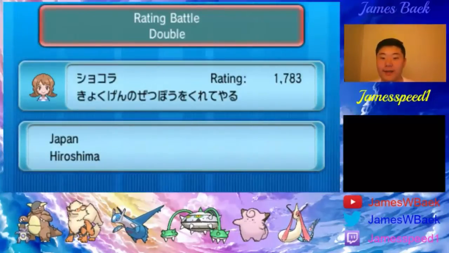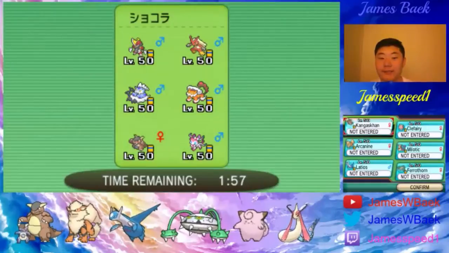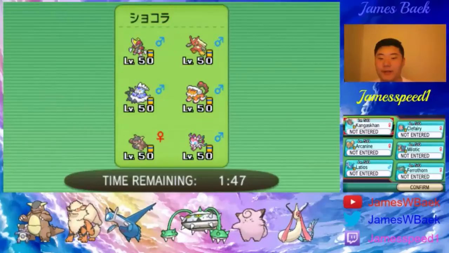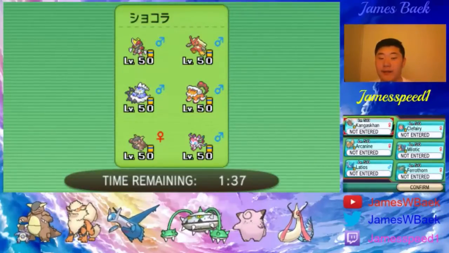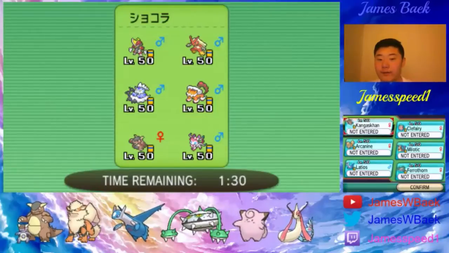Alright, our second opponent today will be a 1783 rated player from Japan, and we are going to see the team of Bisharp. Oh, we are going to see another Sejin Park copycat. We got Bisharp, Blaziken, Thundurus, Landorus, Kangaskhan, and Sylveon. So if you guys don't know, I believe this is Sejin Park's Korean Regionals team. I'm not sure if it was Korean Regionals, but I know he did use this team, and there was a blog about it. So there have been a lot of copycats of this team, but there are a lot of